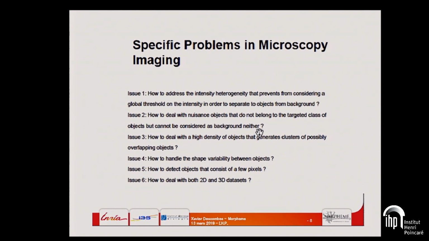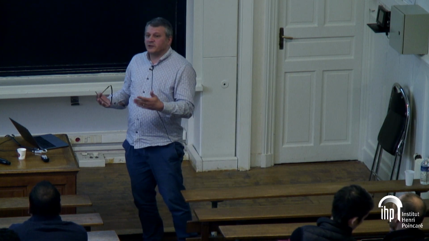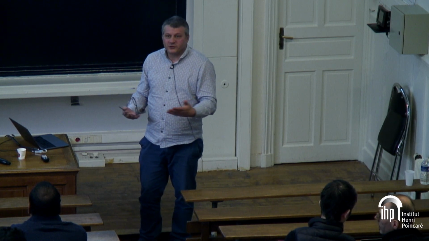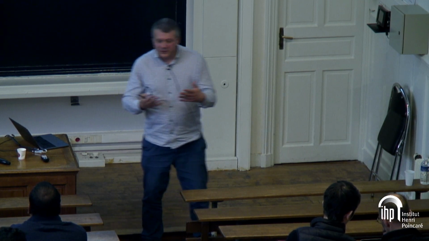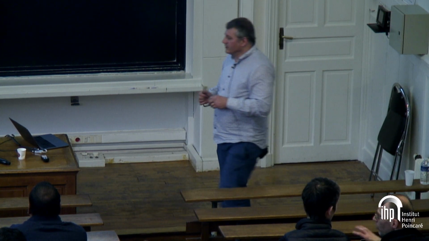So first is how to address the intensity heterogeneity. When you consider living material, you always have a lot of variability. And it's also true in the signal intensity. When you take microscopic images, even within one cell, you have very different kinds of intensity. So if you base your approach only on this intensity, even if you take contextual information, your algorithm will not behave in the same way depending on where you are working on your cell. So you have to address this challenge.